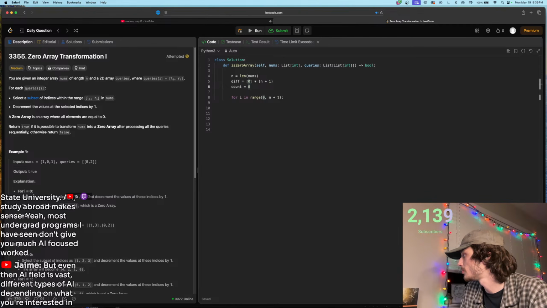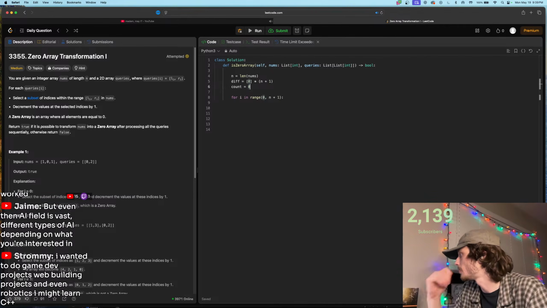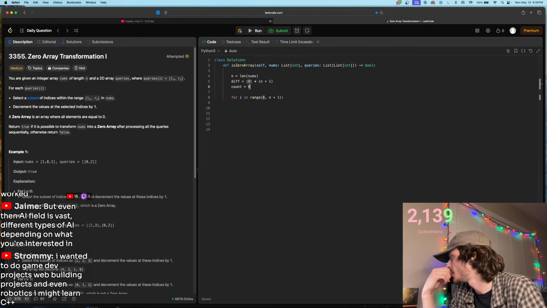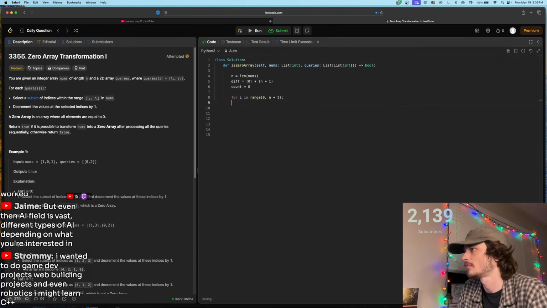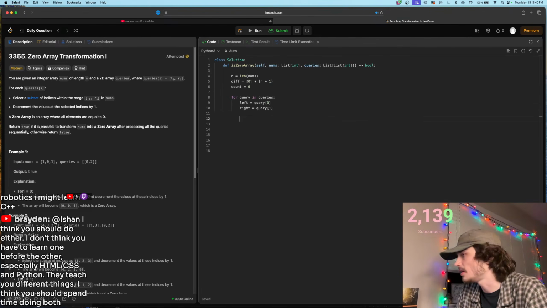Left plus 1. If the right plus 1 is less than n. So this would go for query left equals 0, right, 1. We would say the difference array at